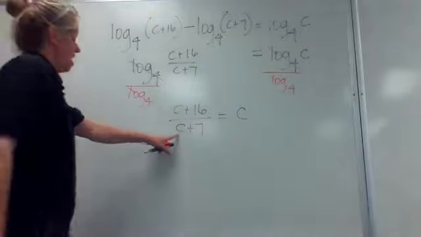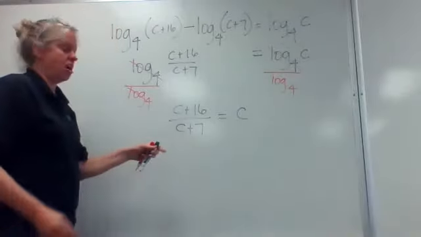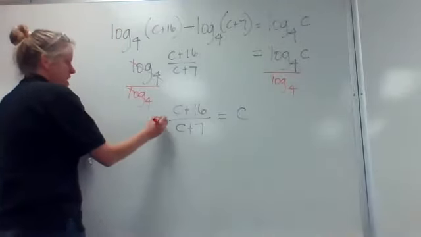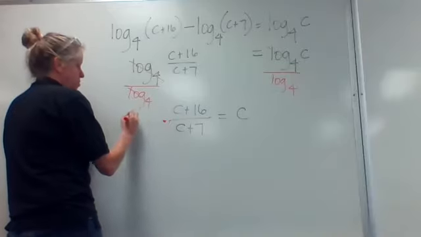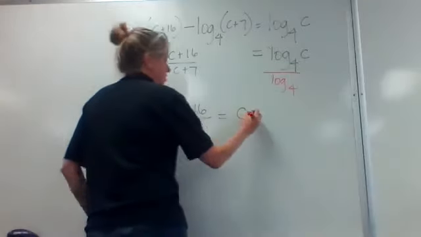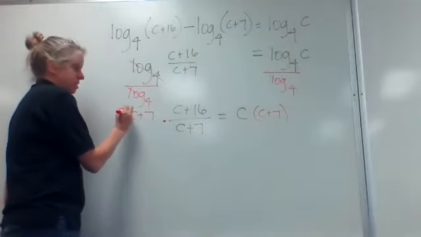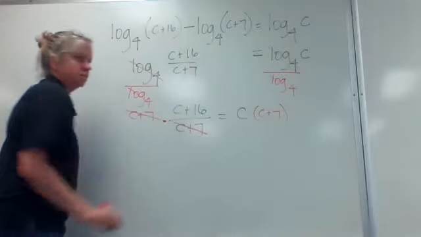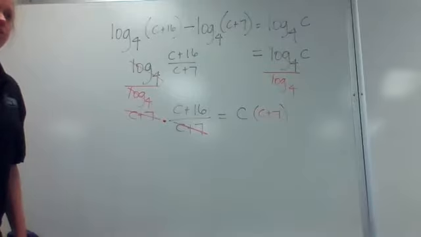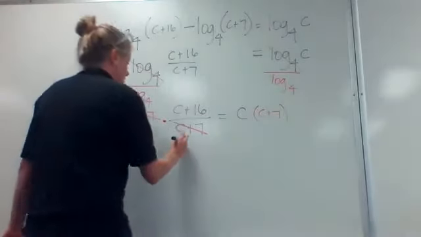Solving for C. I have a C in my denominator on this side. So here's what I can do to fix that. Multiply both sides by C plus 7. Because look what happens on the left. Cancels. So you're just left with C plus 16